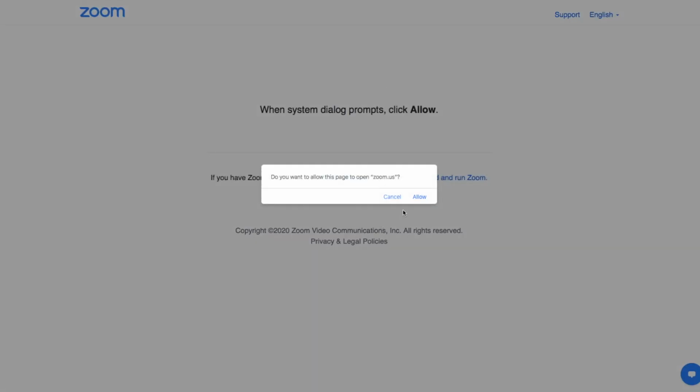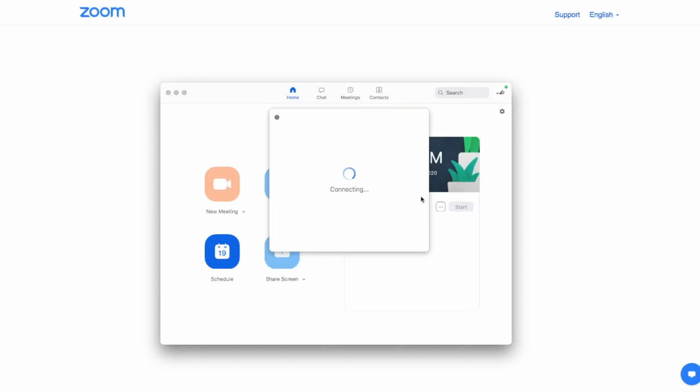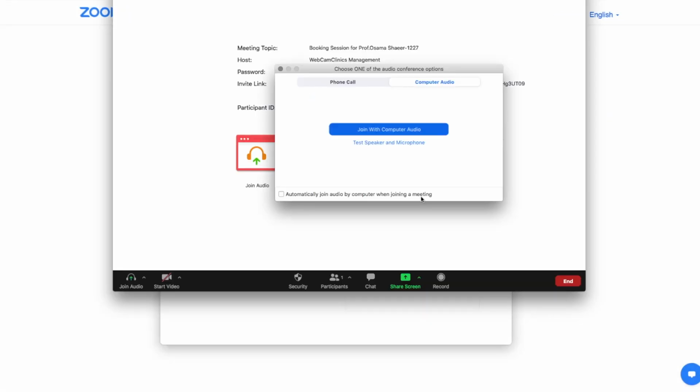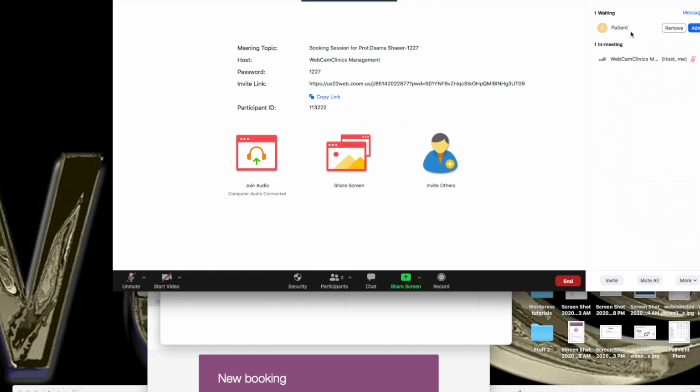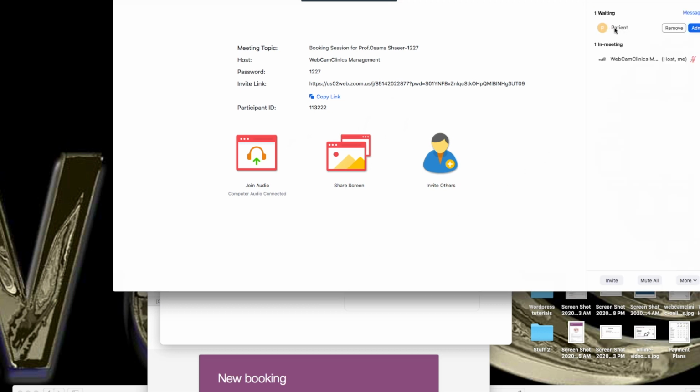You will need to log in to your Zoom account, and you will launch the Zoom app, whether on the desktop or the mobile phone, and it is always recommended that you do that on the desktop computer. Nevertheless, the mobile phone will do as well. So once you're in, you click participants, and you will find that your patient is waiting here. This word may change according to what the patient has chosen to name him or herself. So you press admit,